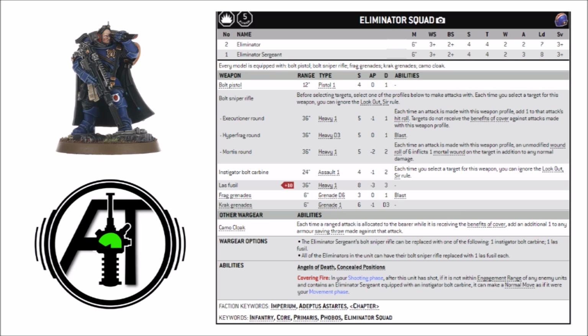In general, of their 2 loadouts, I'd be much more tempted by the bolt snipers. The instigator carbine's interesting. It's a 24-inch assault 1 weapon with strength 4, AP -1 and damage 2. Again, it can ignore look out, sir. And if you have a squad with an instigator carbine in it, then the Eliminator squad can move as if it were the movement phase